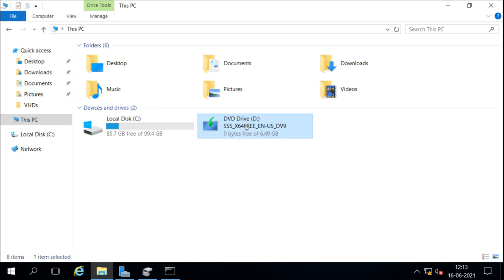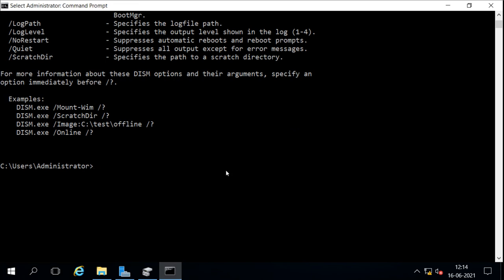So when we try to install this operating system, it gives us four options: whether we want to install standard in core or standard in graphical, then whether we want to install datacenter in core or datacenter in graphical. So we have to decide first which operating system in which mode we want to install. We want to install it on core, or on graphical edition, or we want to install the standard edition, or the datacenter edition. Now how do we know which edition we can install? We can use the DISM command, and with that we will use the command.